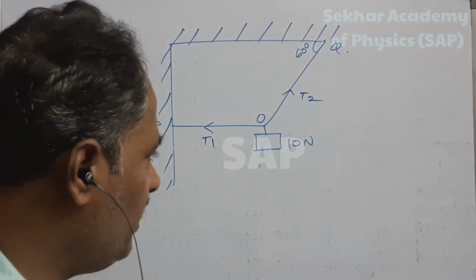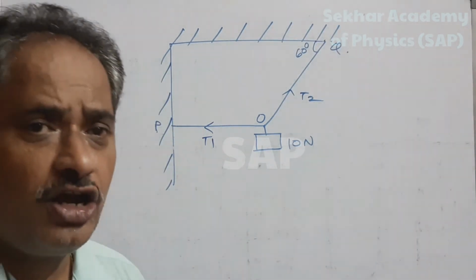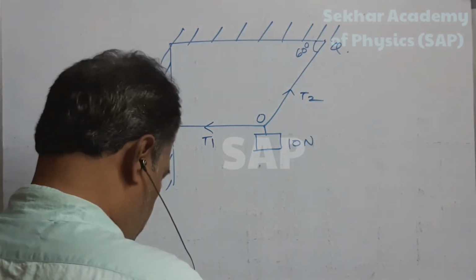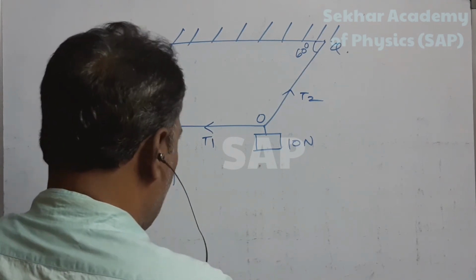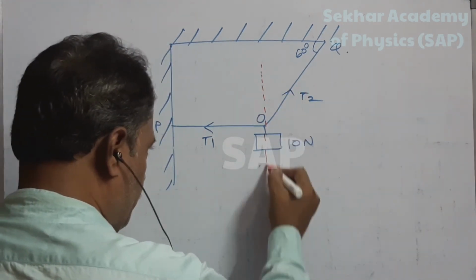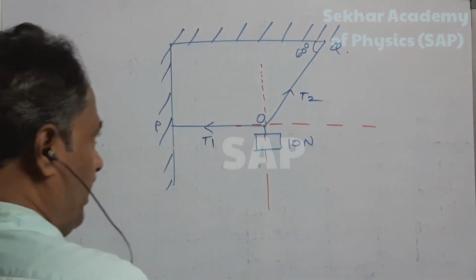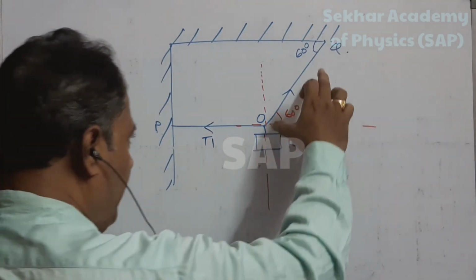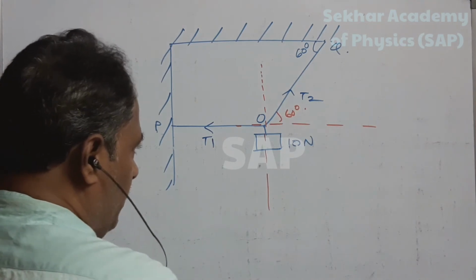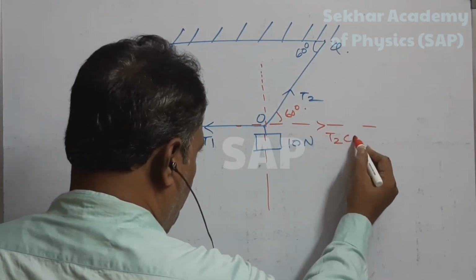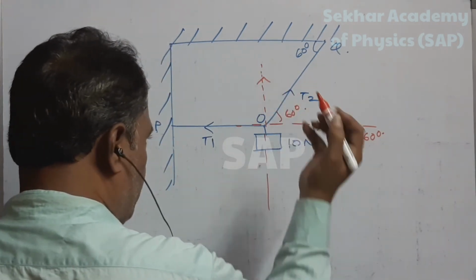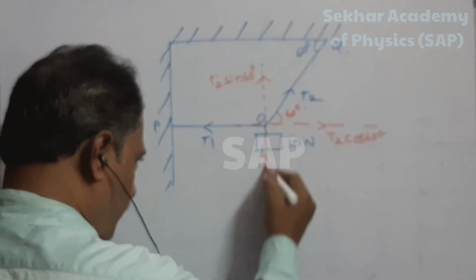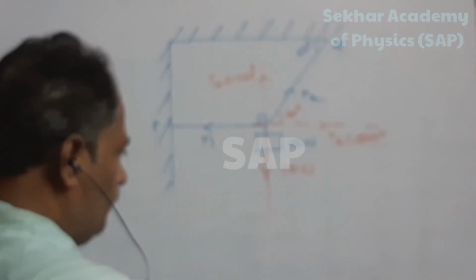Whereas in the case of resolution of vector also, you can calculate that value. That means I want to consider coordinate axes once again. Here if this is 60, this can be 60 degree. Now you can take this T2 into two components. Here you are able to get T2 cos 60. Here that is nothing but T2 sin 60. 10 Newton weight is acting vertically down.